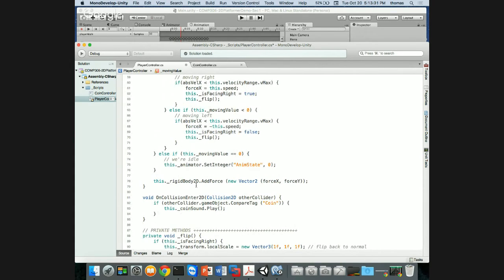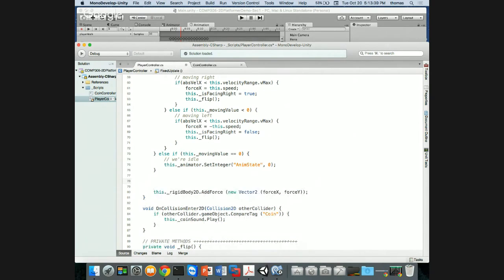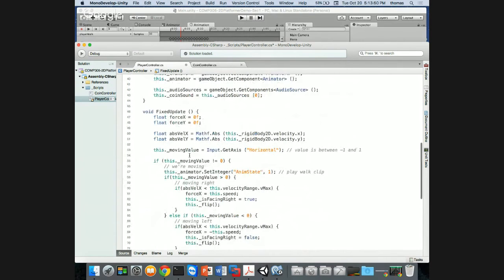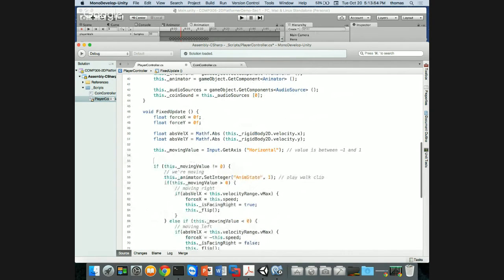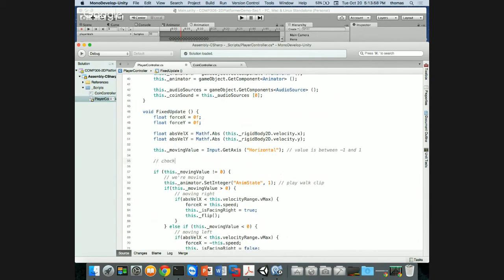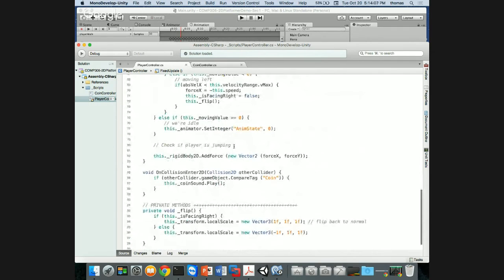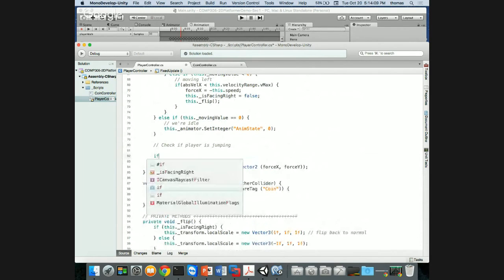So again, after this piece, and before we do this rigidbody add force, before we add the force to the player, we want to check to see if he's jumping. So here's where we're going to do it. Here we're going to say check if player is jumping. And up here, we're going to say check if player is moving. That's what we're doing here. I'm just annotating it for you, documenting it so you see what's going on. Here I'm going to check if player is jumping, and how I'm going to do that, I'm going to say if